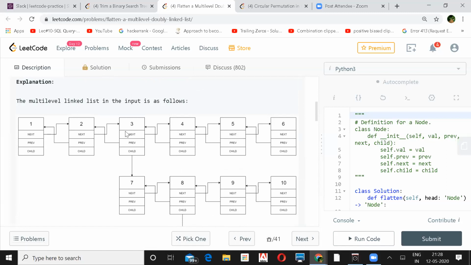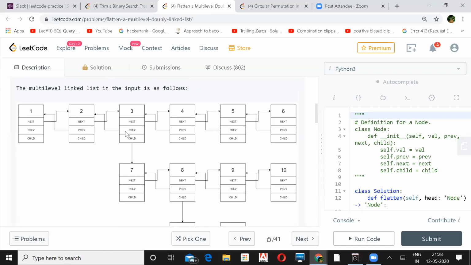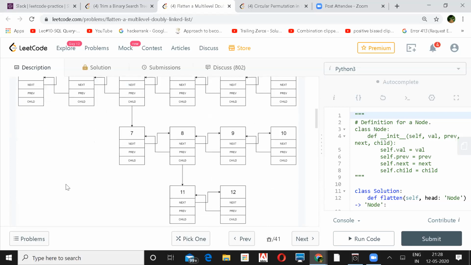So let's say you were node number 1. When you do depth first search, you pass the next of the parent. At that time, would it be null or would it be 2? Child will be 2, parent you are telling. No, he was saying that when we do depth first search, we have an extra parameter, next of the parent.